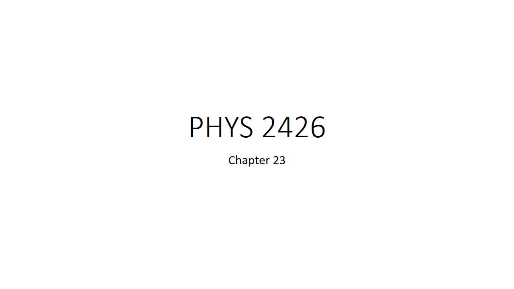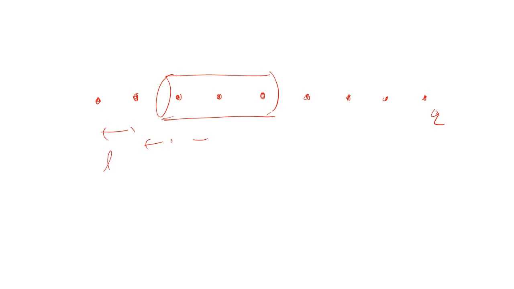So another example. We have a handful of charges here, and they're all spaced out. And they're all charge Q. Okay. And I have a cylinder, and the cylinder is like that. Okay, so each of these charges is a distance L away from each other. Okay, and so we can say that Q is